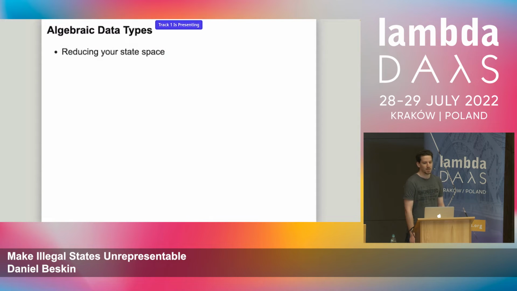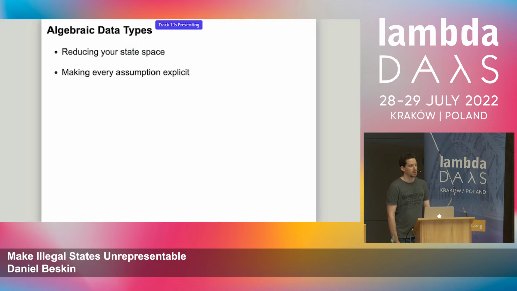So algebraic data types are a great tool you can use to reduce the state space of your problem domain, leading to fewer legal states and making the code generally more comprehensible. And this is done by making every assumption about your inputs completely explicit. So in our case, we made every case correspond to the assumptions about coffee orders that we have at the moment. And the values are now correct by construction.